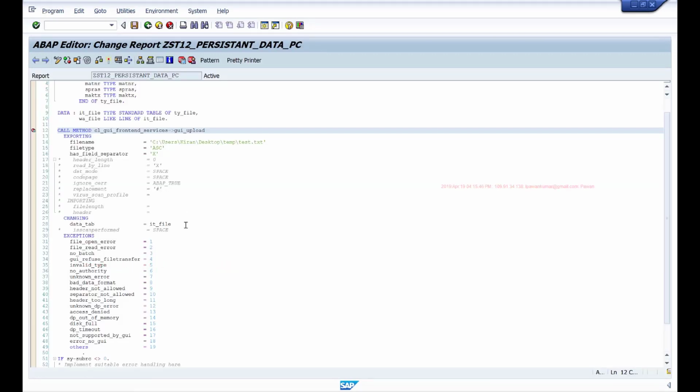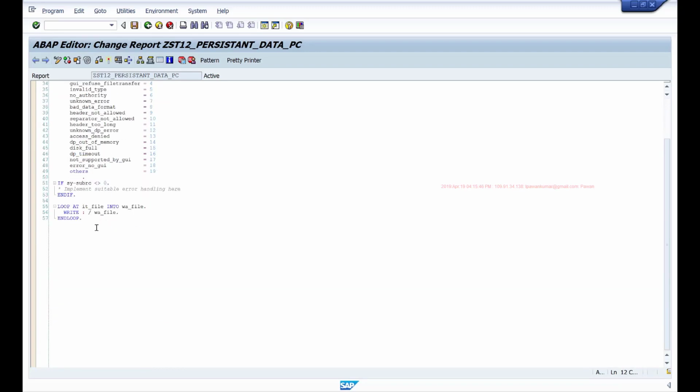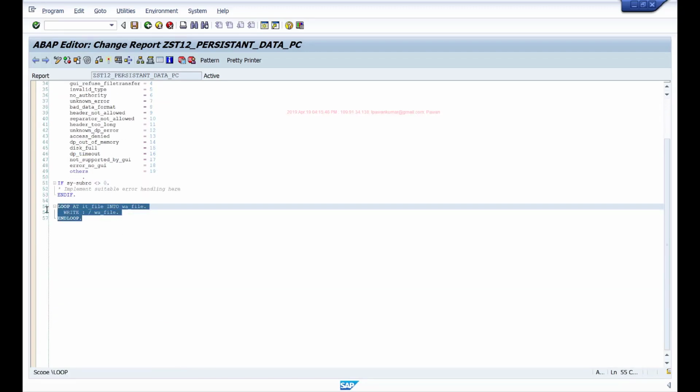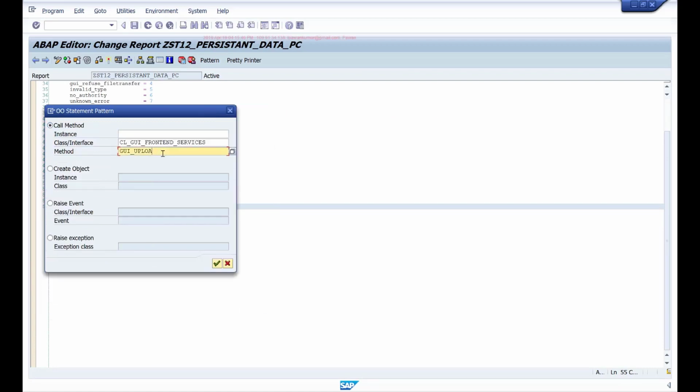Now, if I want to download some data that is there in my internal table, after uploading, I'll use the same data. Instead of looping, let's say we'll download it. So to download, I'll call this GUI download.